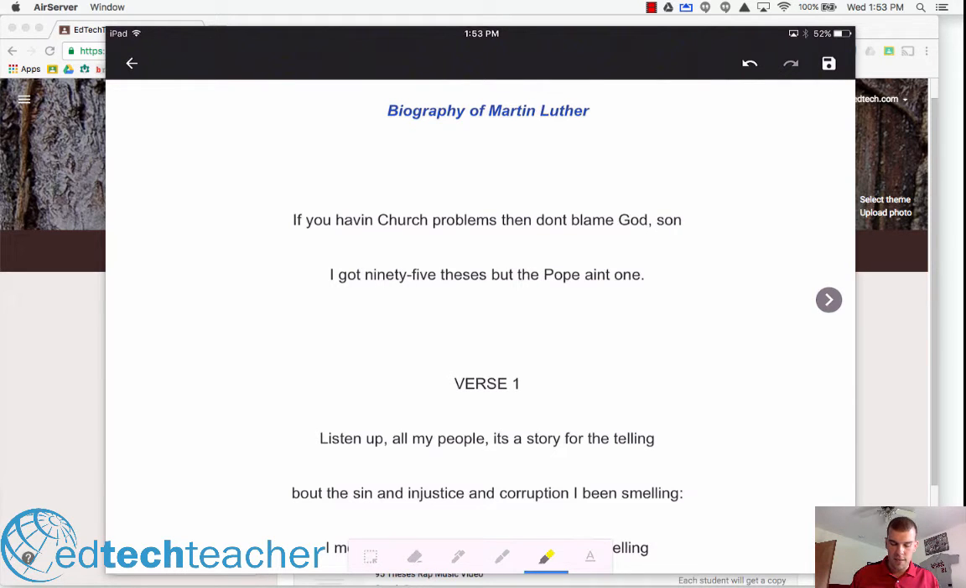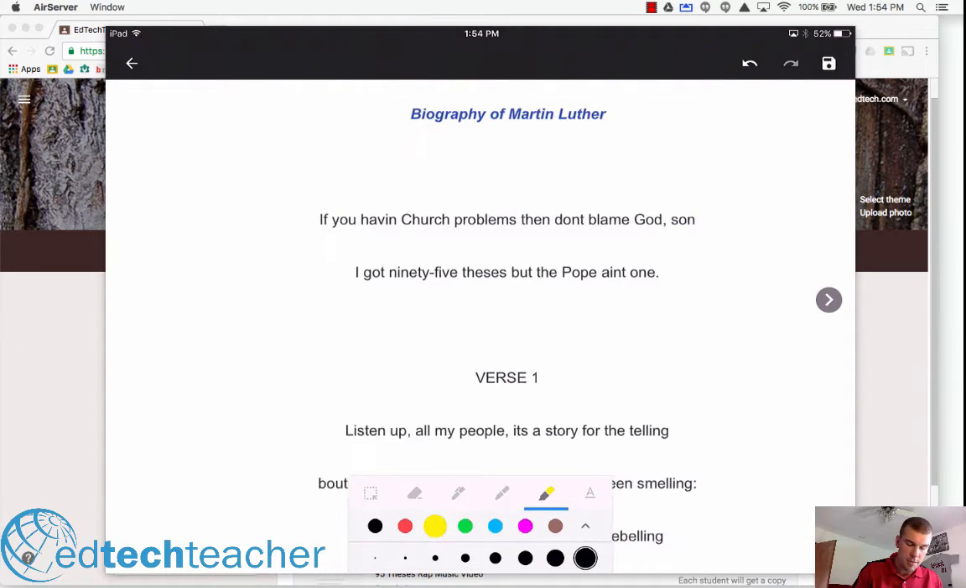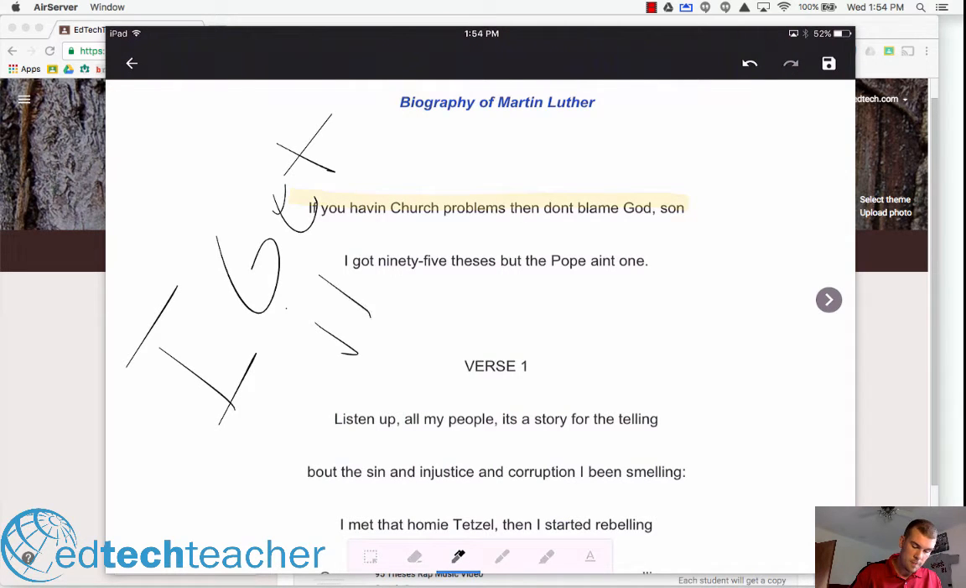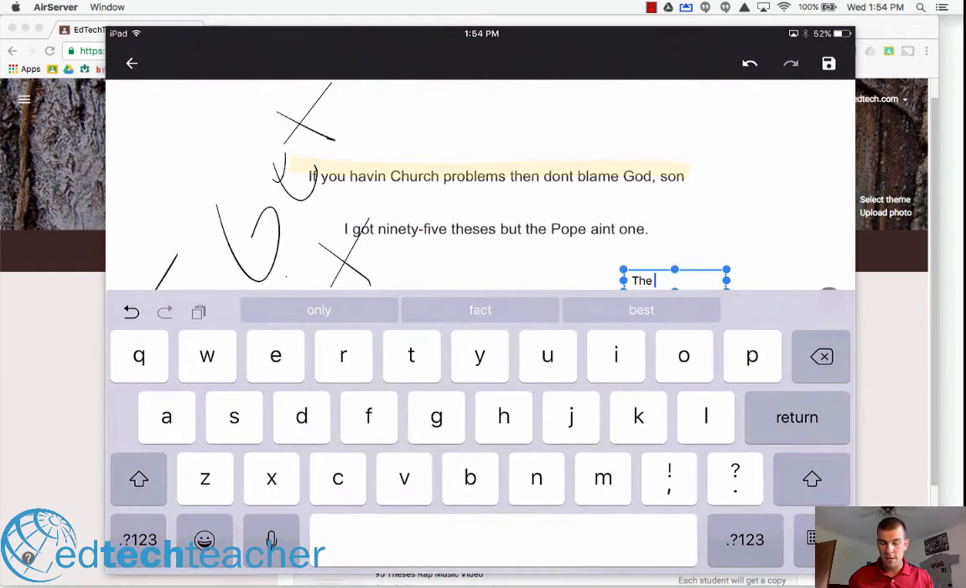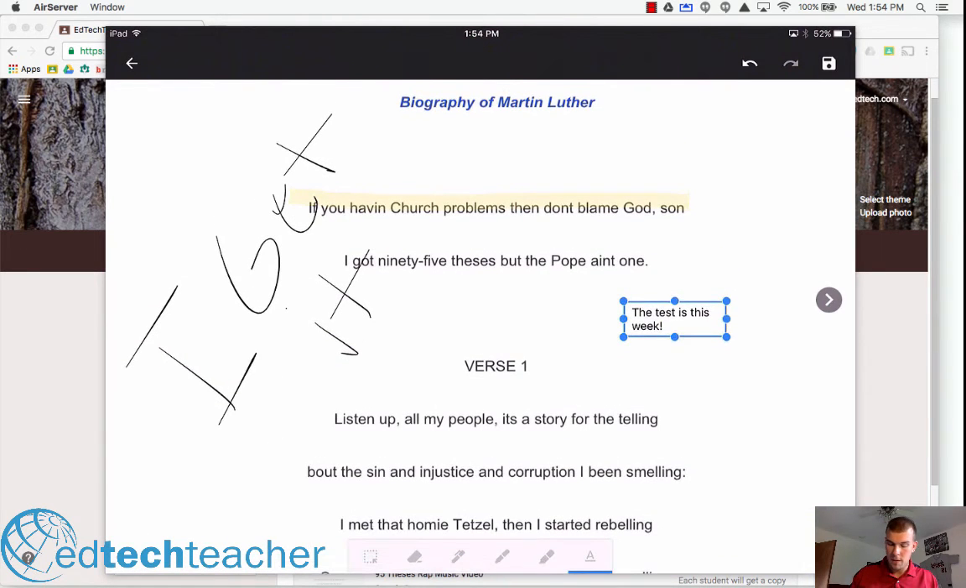But one of the things that's neat is I can select the highlighter, press and tap on it. I can get a thicker one, and now I'm going to highlight the first sentence of the doc. Maybe I want to go ahead and write on it. I want to say something like, I get it. Or I want to type on it. I can hit the text box, double tap, and now I can start typing. Now resize that, move it around,